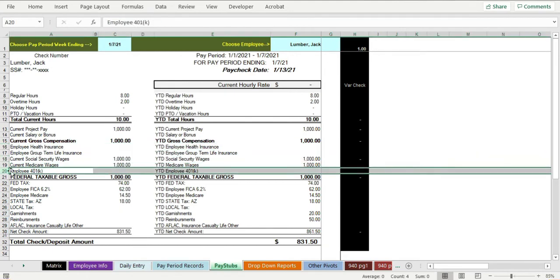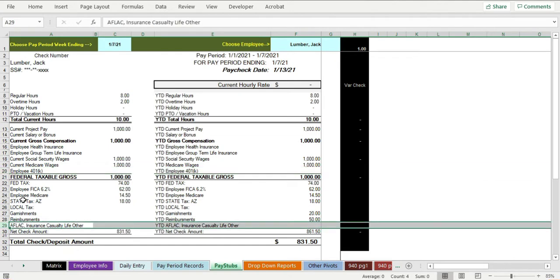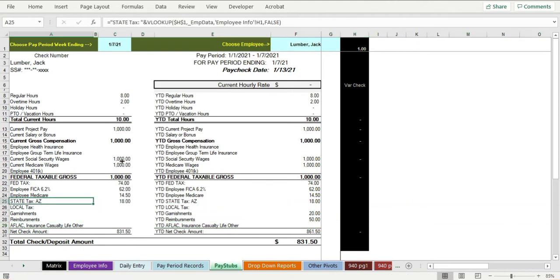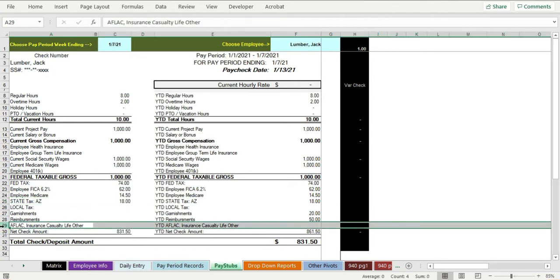I don't know if you have a 401k with your company. I don't know if you have life insurance or Aflac. I don't know if you have any of that. All I know is that you might have it. So I left it in there and said, well, you're a smart individual. You know how to use Excel because you're using it right now. And so if you want to get rid of something because you don't have Aflac,